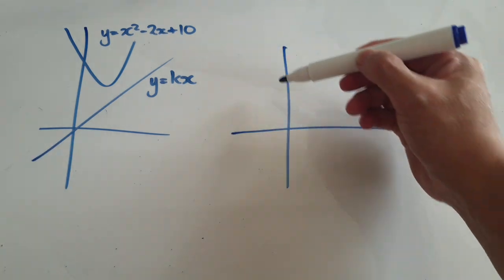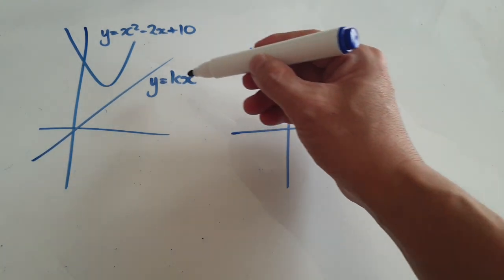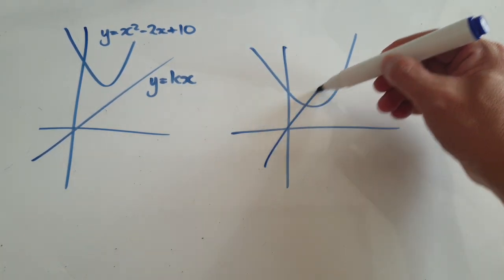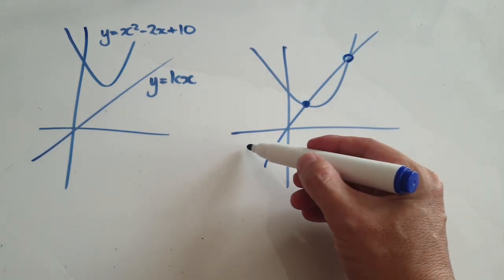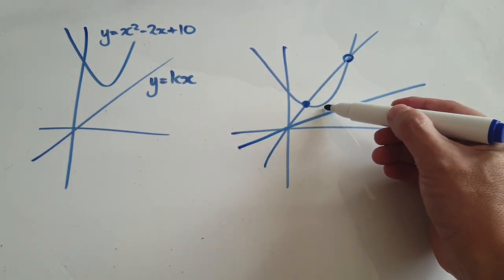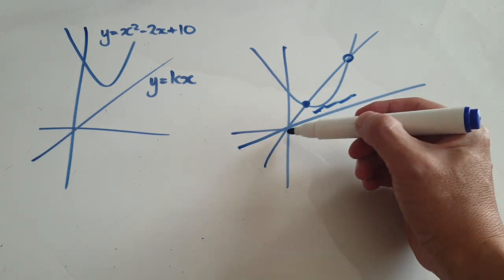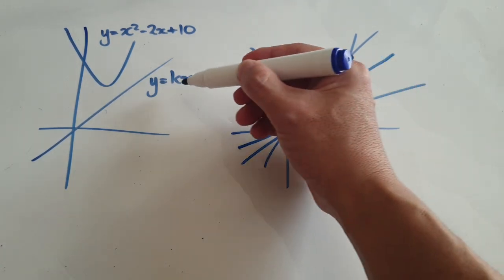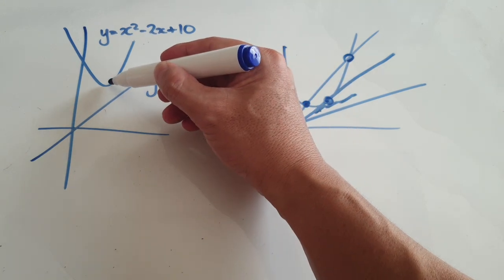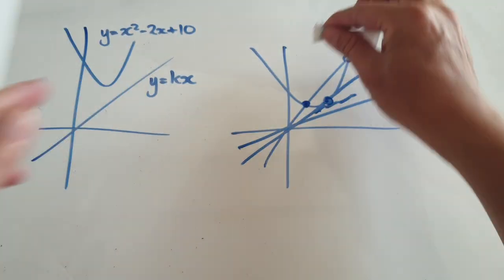Hang on. Because what's going on is that if k is too steep, if k is too big, then you're going to have two solutions. If k is too small, you're not going to have a solution because there's a gap in between. There is a special k where there is only one solution. So find that k where it will touch the quadratic only once. So to do this,